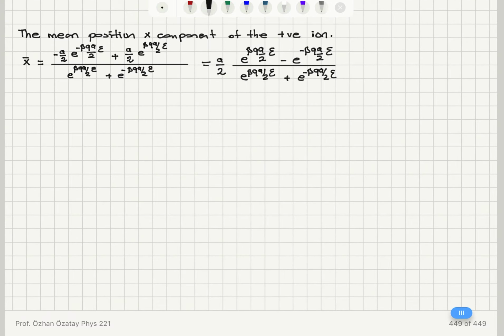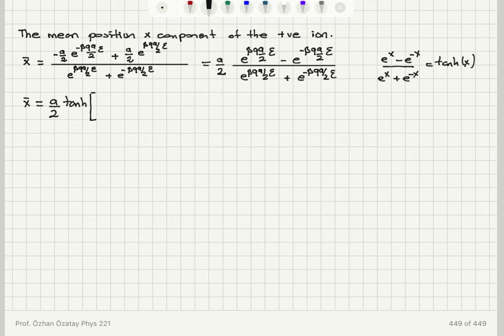So we can check if I did this correctly. I had plus a over 2 e to the beta qa over 2 epsilon, and indeed I have that, and I have minus a over 2 e to the minus beta qa over 2 epsilon. If you distribute a over 2, you will see that this is correct. Now what I have here is e to the x minus e to the minus x divided by e to the x plus e to the minus x. This is tangent hyperbolic x. So I can see that my x bar is equal to a over 2 tangent hyperbolic